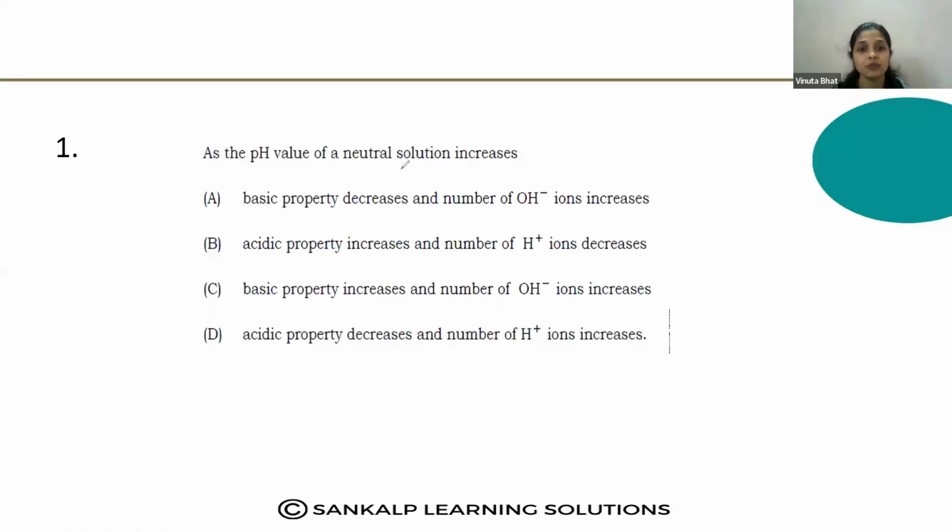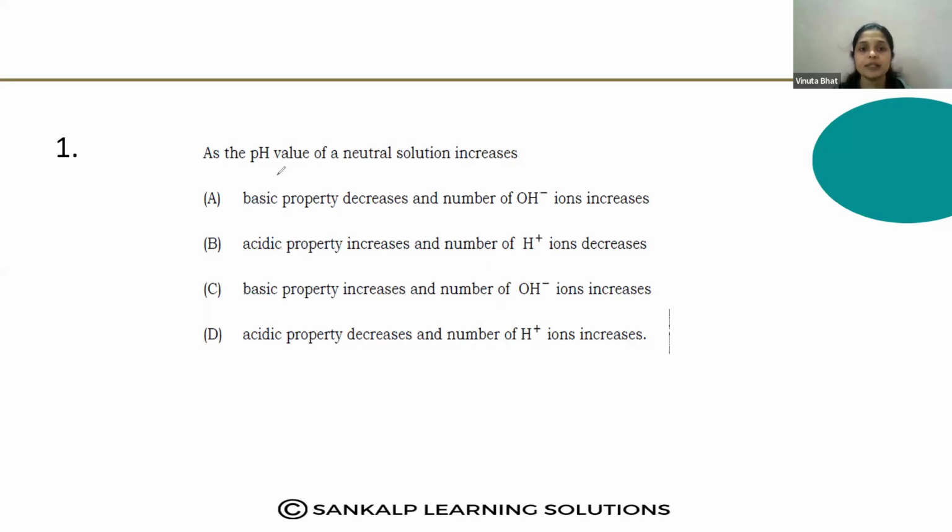The pH value of neutral solution increases. Option A, basic property decreases and number of OH minus ions increases. B, the acidic property increases and number of H plus ions decreases. C, basic property increases and number of OH minus ions increases. Option D, acidic property decreases and number of H plus ions increases. As the pH value of neutral solution increases. Here,